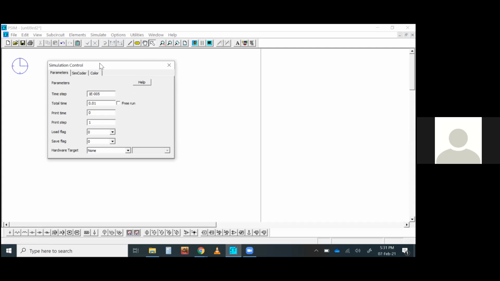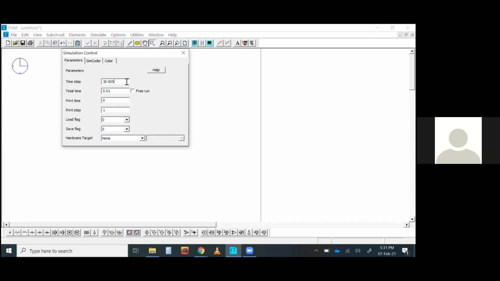So the simulation control, what is it? It simply defines how the simulation should run, how the internal equations should be solved. That's kind of an indication. So this is a time step. By default, it remains in the microsecond range, and this is the total time. So how long your simulation should run, that is the time.